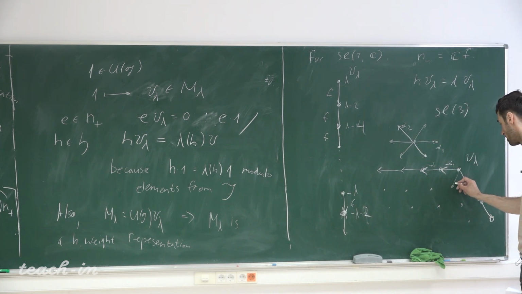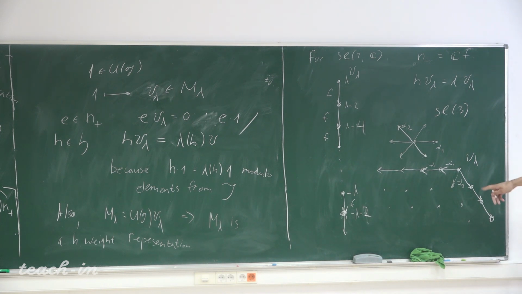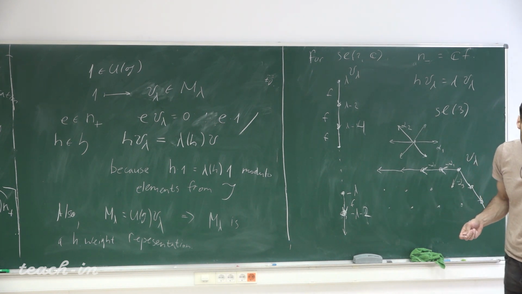So this is negative alpha 3. But also they have some, so these are weight subspaces. Each point here corresponds to some weight, and the corresponding weight subspace has some dimensions. So it's actually an interesting problem how to compute these dimensions. And we did it, but maybe it's a good way to recall it, maybe on the next seminar.